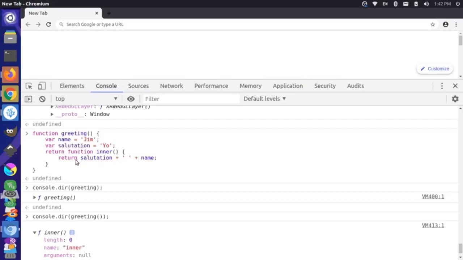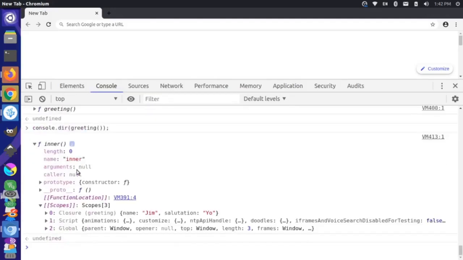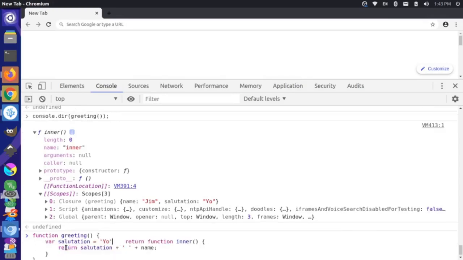Now we could rewrite this function in one more slightly different way. So instead of hard coding these name and salutation variables in the function itself, we could pass these as arguments. So let's come here and do that. I'm going to get rid of the name, and I'm going to get rid of the salutation line here. And then in here, we're just going to create new parameters called name and salutation. And if I press enter,